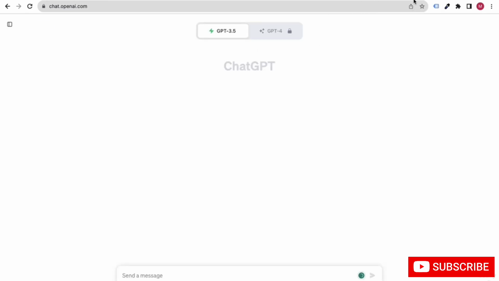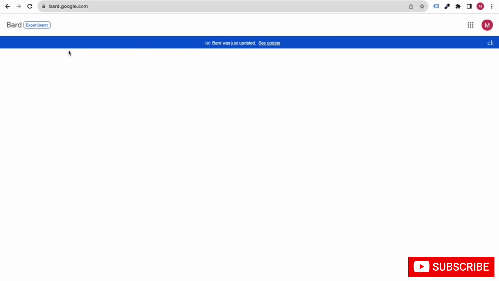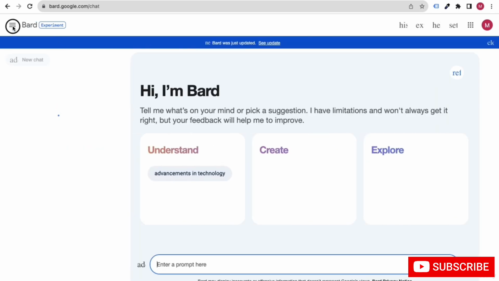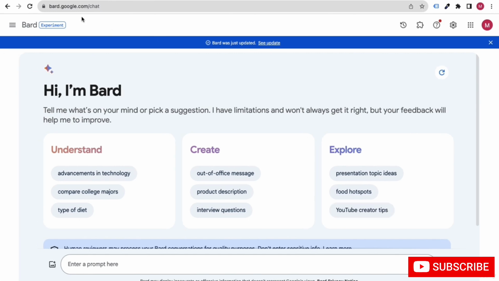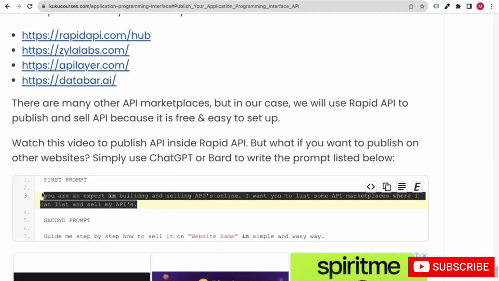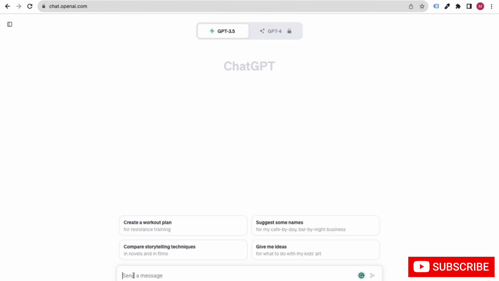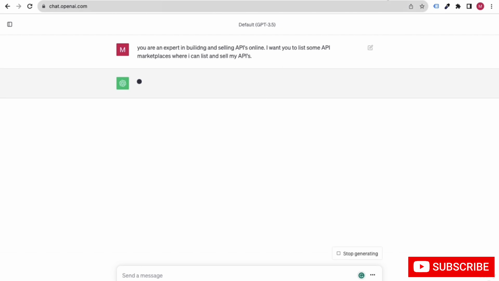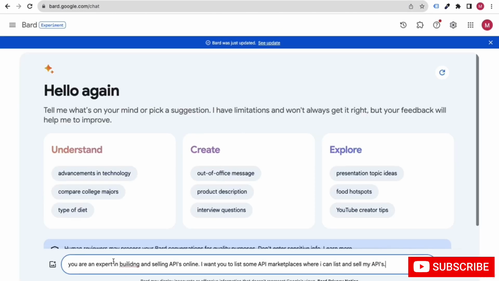Just open ChatGPT, or open your Google Bard, and basically you can ask them questions. For example, if I just go here and copy this prompt, paste it, and click enter on Google Bard as well.